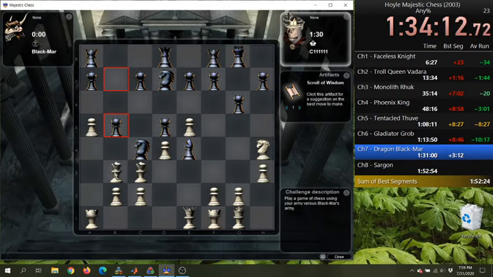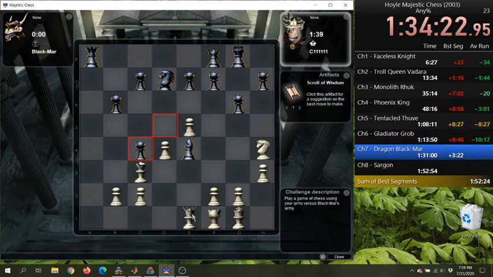Oh, I think I see what it's getting at. Queen now defends the bishop. Okay. I missed that. That pawn is hanging.